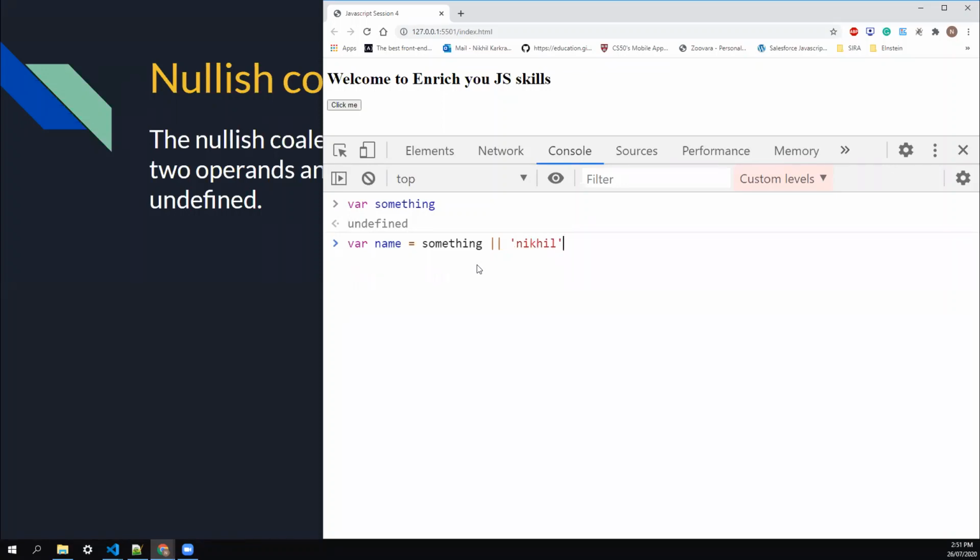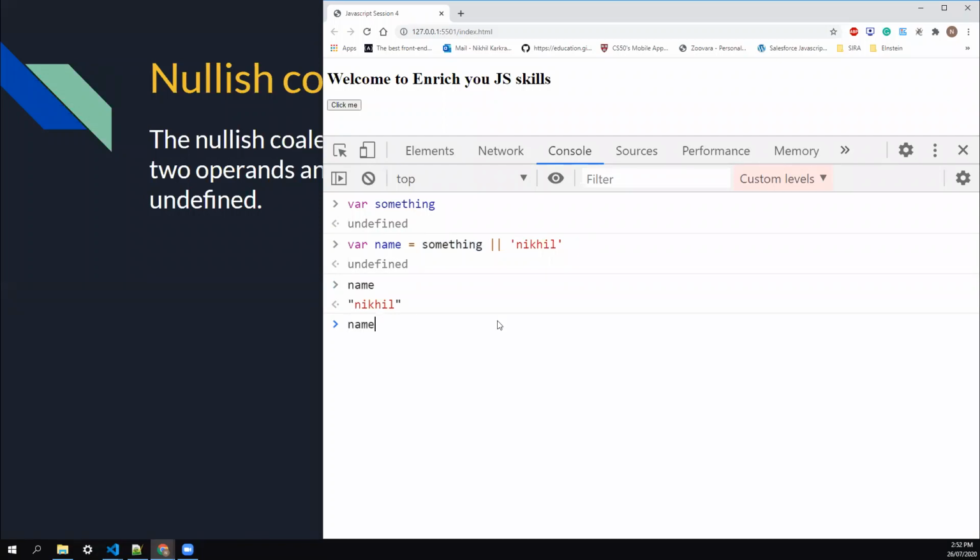This is how we were achieving it earlier with the OR operator. The OR operator checks whether the first operand is a truthy value or not. Truthy are like true or a particular string and so on. So if I hit enter and print name, it prints the name Nikhil. Till here it was fine.